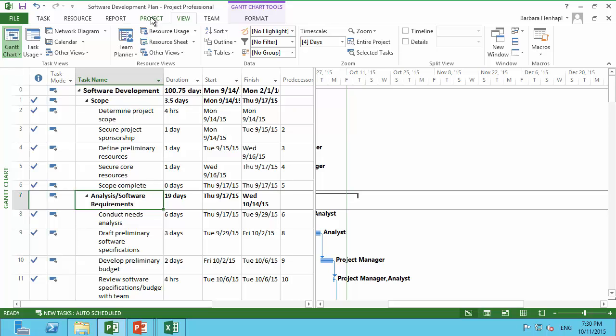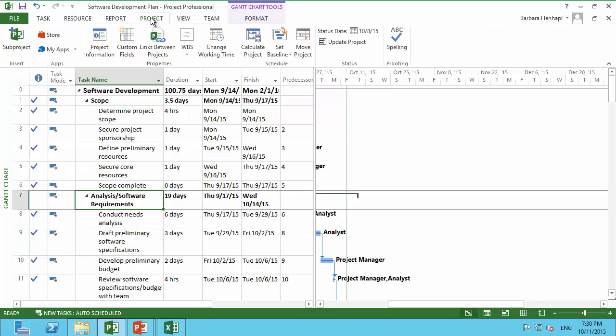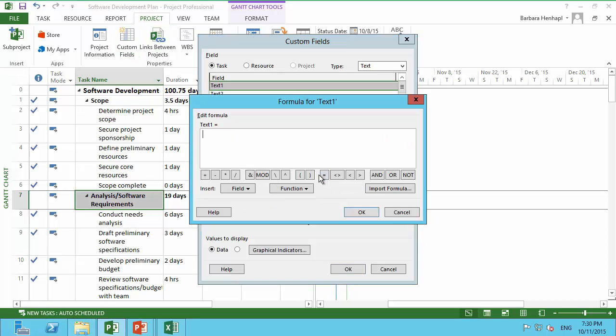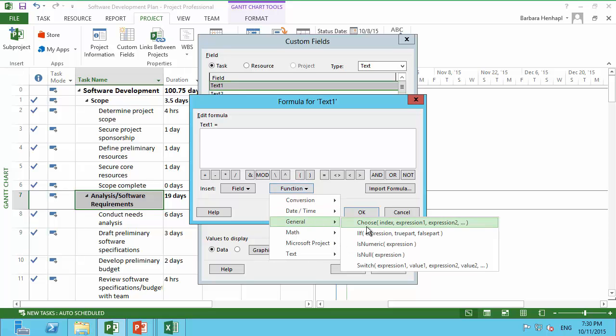To create a formula I can use as an indicator, I go to the tab Project and the Custom Fields, and I create a formula here. I want to create a formula if there's no baseline. I want to display no baseline costs, and if there is a baseline, I want to display or get the information of the baseline cost. So I use the function general if,